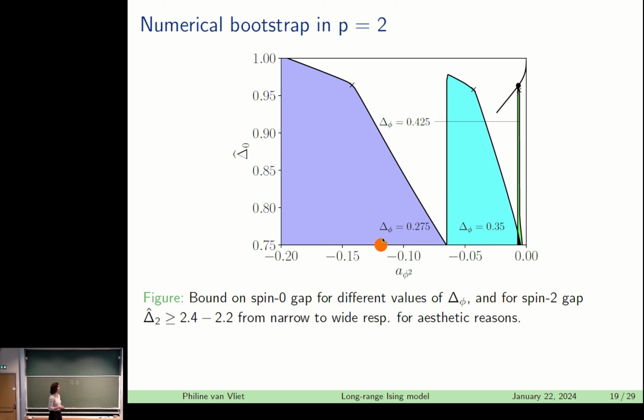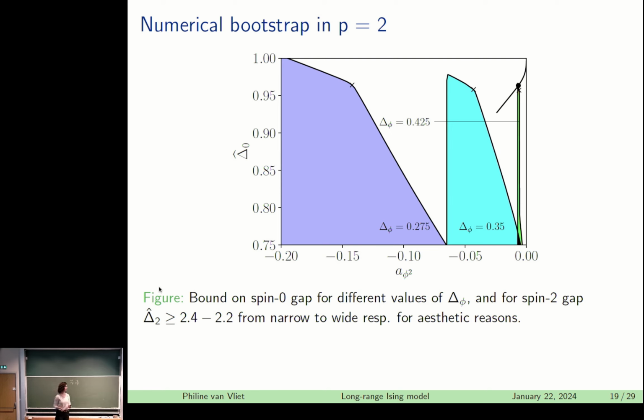And furthermore, we also show the bounds for different values of delta phi, and these correspond to different values of S, so different fixed points on this line of fixed points. And here the bound is given here, and the shaded region is what is allowed by this crossing equation and by the numerics. So everything in white is already disallowed, and we've also put